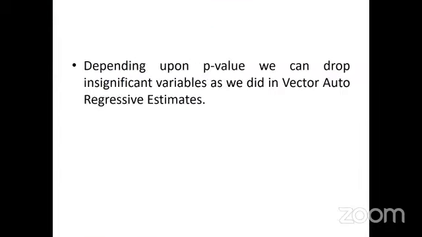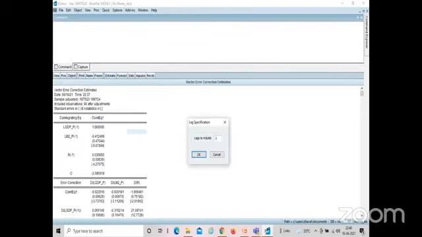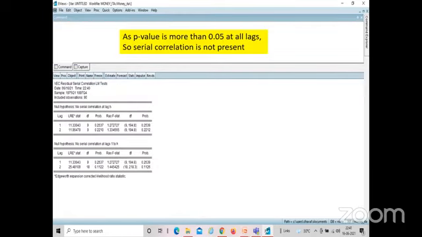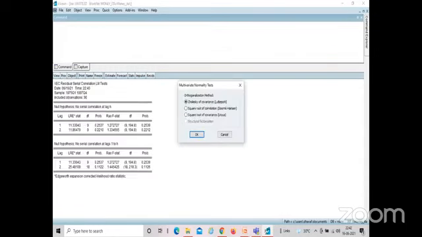Again, from general to specific model, we will pick up some terms. After picking up some terms, we'll run the residual test. As the p value is more, serial correlation is not present. Normality test, Cholesky of covariance.